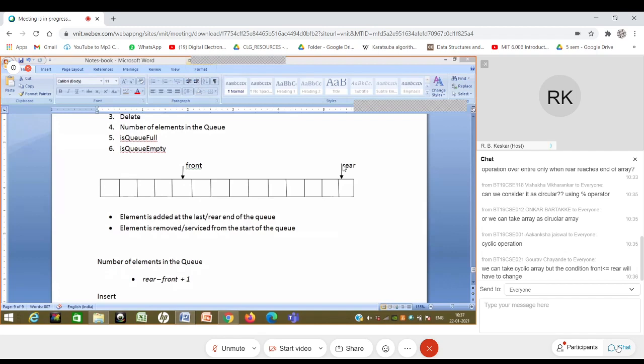We'll see what conditions will get changed. Okay, so before that, if I don't take that, that is called a circular array. Okay, circular queue. If I don't take that, if I have this normal situation, I said the number of elements in the queue is this,